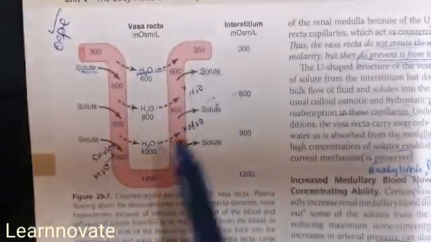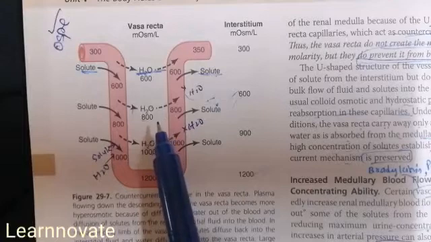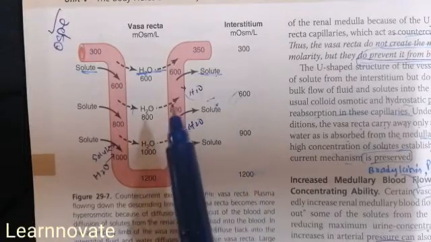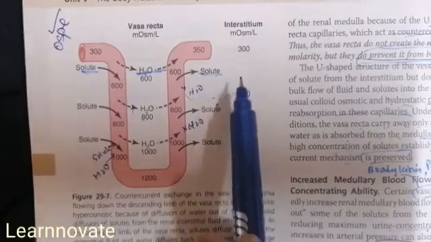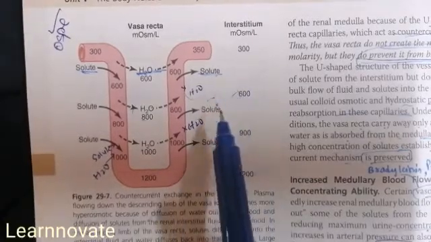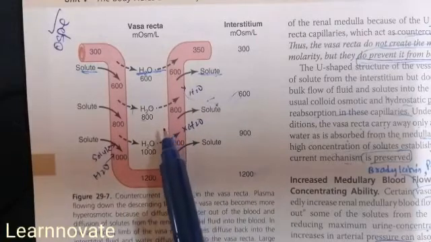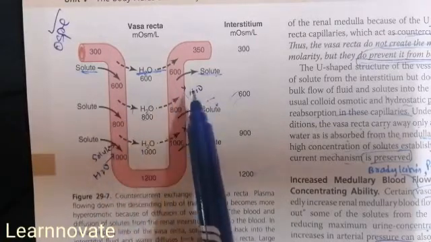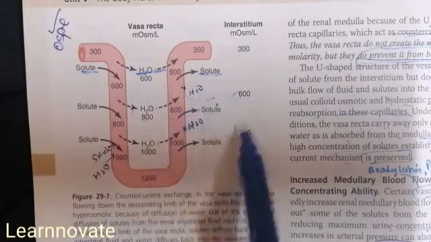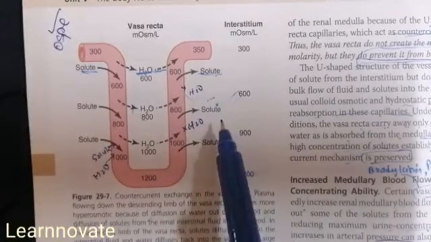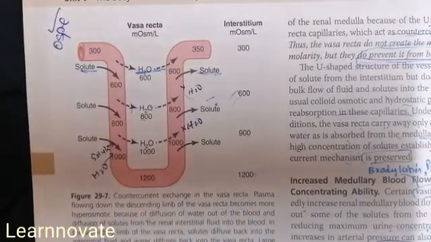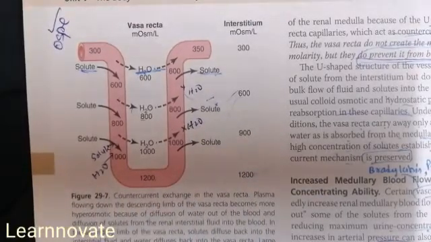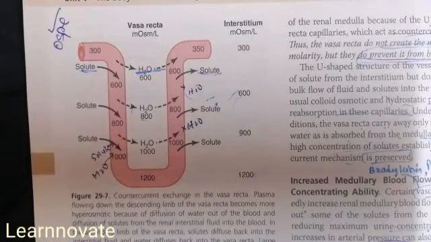So in this way, the solute is not being captured from the medullary interstitium. Even the solute is returned to the medullary interstitium. So in this way, the osmolarity, the hypertonicity of the interstitium, is maintained, while the water is reabsorbed and carried away by these blood vessels, the vasa recta. So in this way, the medullary interstitium is maintained in its hypertonic condition. One more important point here is that these two mechanisms, the countercurrent exchanger and the countercurrent multiplier with the vasa recta, maintain this medullary interstitium.